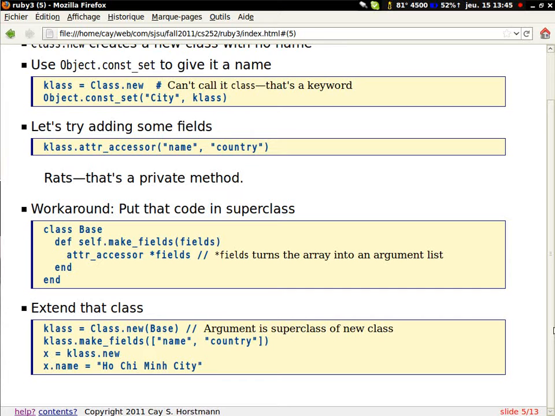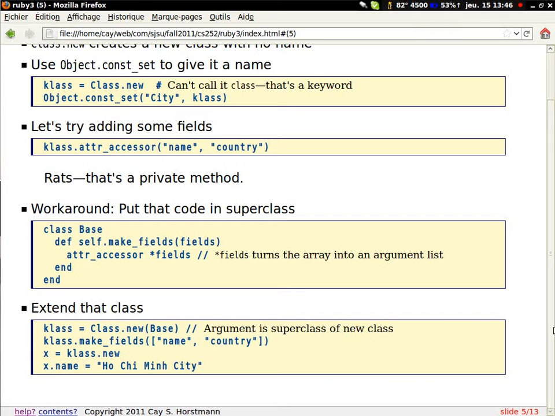So it's creating an instance of a class. No, the instance is already here. When I call class.new, I get a new class. Now this class here has no name. So that's kind of sad. It's a class with no name, which makes it tough to instantiate. And so to give it a name, I have to call const_set. const_set is a general mechanism that Ruby uses for ten unrelated purposes, and one of them is to give a name to a class. So now the name of my class is City.